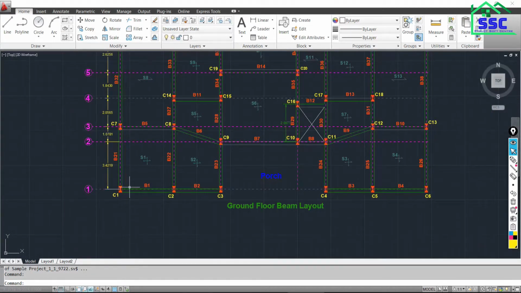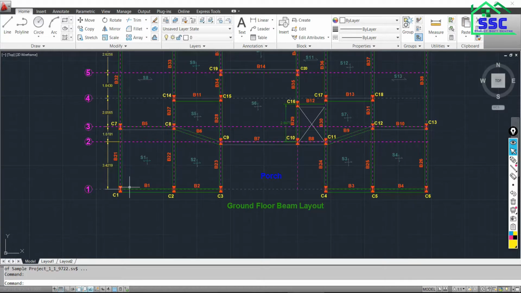But before that, the most important thing is that, no doubt, your column position will not change from base to top, but the position of your beams is going to change at all different floors. It may be the same or it may be different. So it is not possible to model the beam for all story option. So you have to work with the individual floor level for the modeling of the beam.